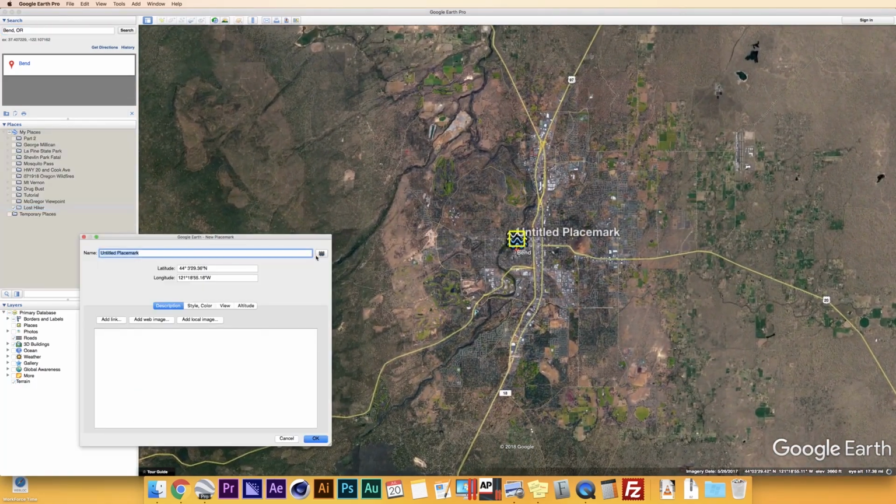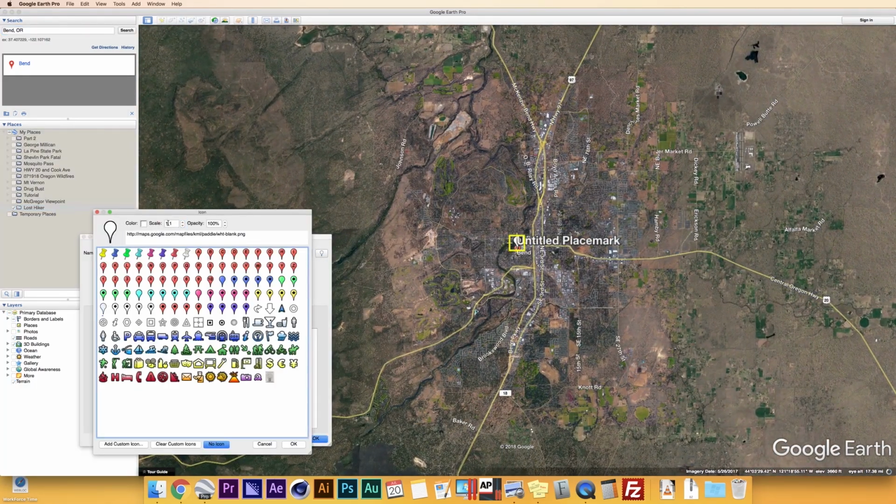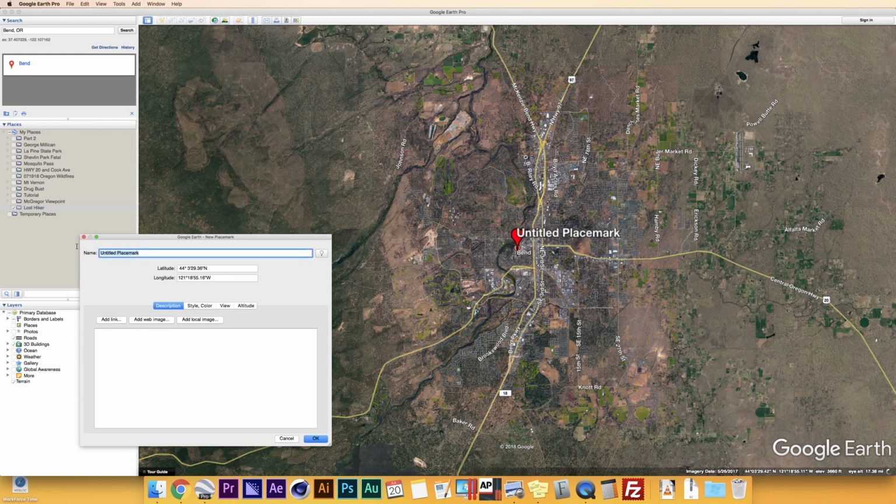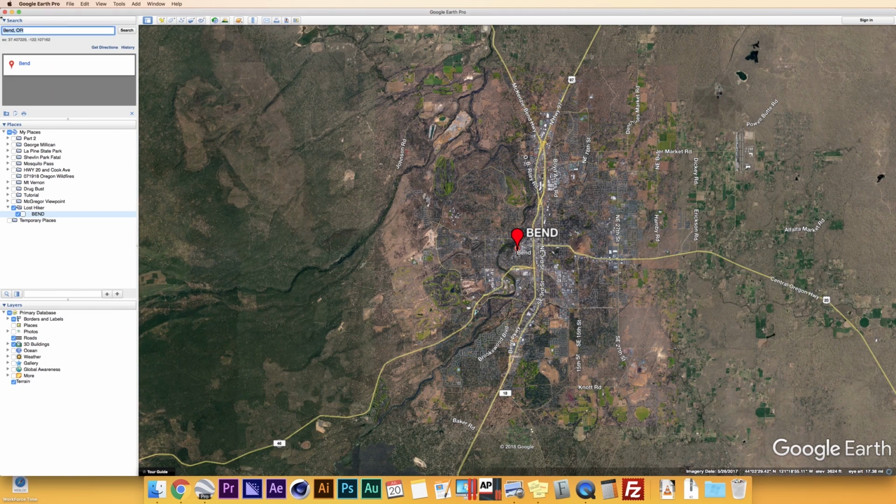And I'll add a place mark for that. And we'll put it white. Change the scale to be 2. Color will be red. Space, space, space. Put Bend. And then we need to go ahead and do Green Lakes. So I'm going to type in Green Lakes